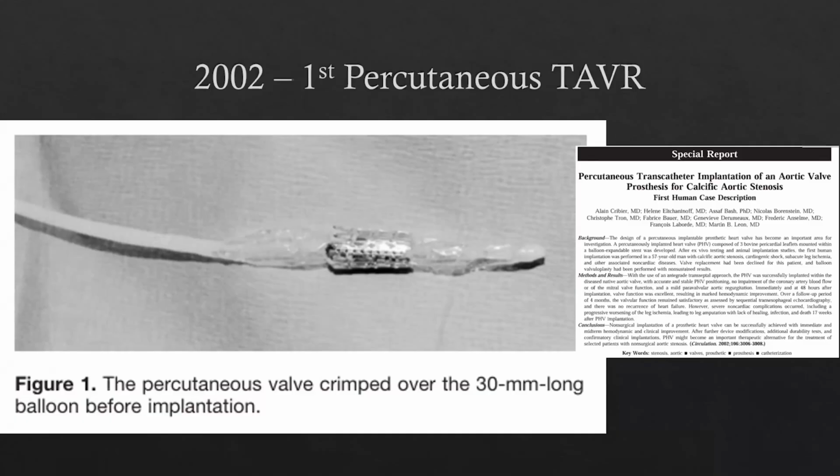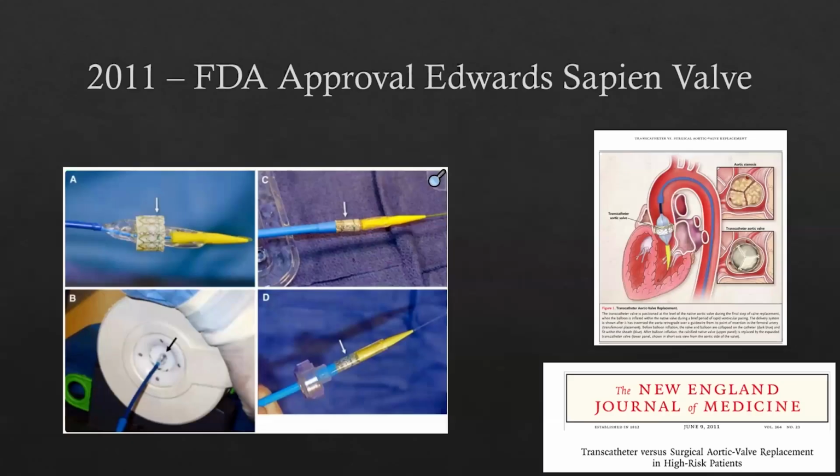One would think that this would have taken off quite quickly, but there was a lot of pushback from cardiovascular surgeons, as there was a strong belief back then that there was a need to resect the calcified tissues of the aortic valves rather than just push them aside, which happens in a transcatheter valve replacement. So it wasn't until 2011 when the FDA finally approved the first Edwards Sapien transcatheter aortic valve.